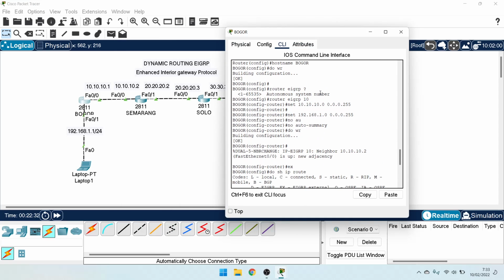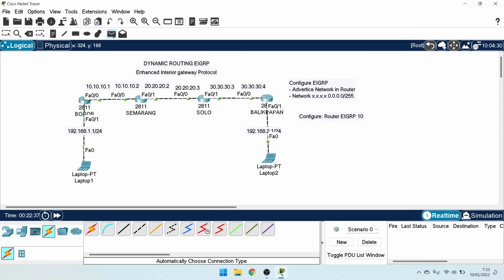Finish the configuration and test ping in router Bogor to router Semarang. Okay, successful. Router Bogor to Solo. Okay, successful. And router Solo, sorry, Bogor to Balikpapan. Okay, successful. And then open laptop 1, testing step by step, laptop 1 to Bogor. Okay, this failed.